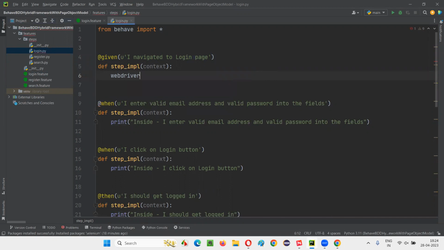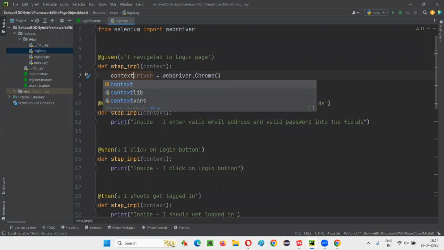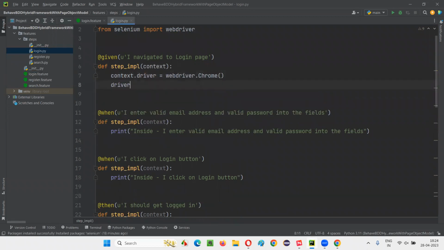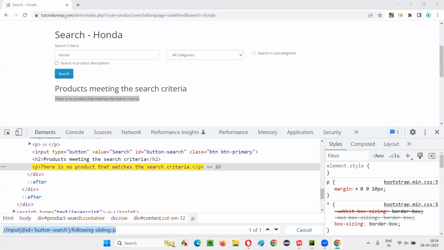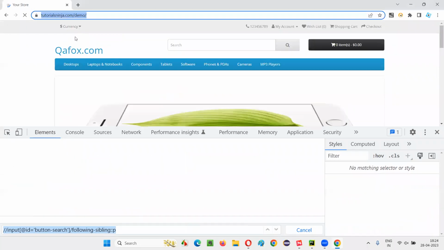That is WebDriver. Import this from Selenium package and write webdriver dot Chrome circular bracket. And here write down driver is equal to, instead of driver, you just mention context dot driver. So other methods will be able to access. Same steps. That is driver dot maximize, context dot driver dot maximize window, then context dot driver dot get, get the application URL, this application URL, copy this URL and paste